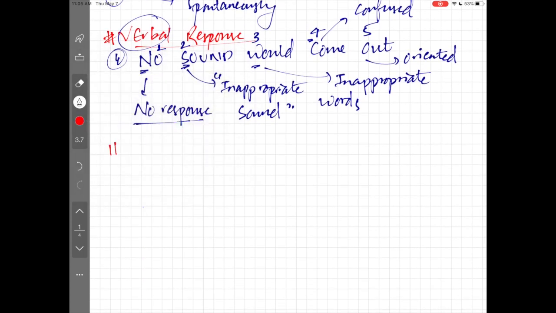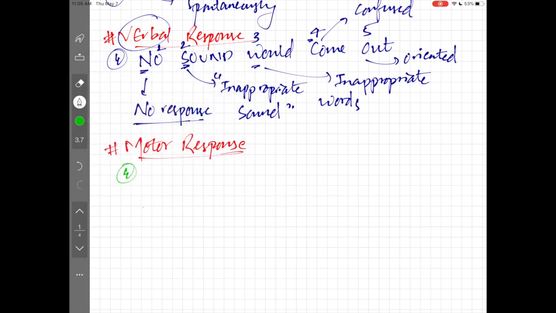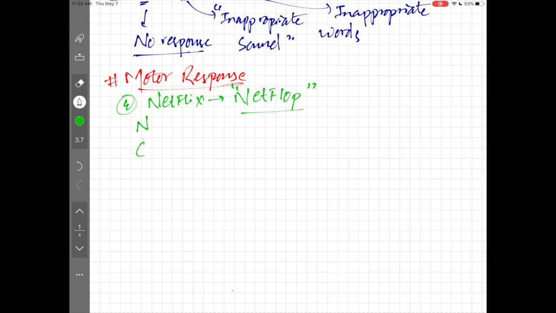And at last we have the motor response, right? Now the mnemonic for motor response is very easy. We are just tweaking the word Netflix and making it Netflop. So Netflop is the mnemonic, right? N, E, T, F, L, O, P. So serially, N means no response, so there is no response, so it gets a